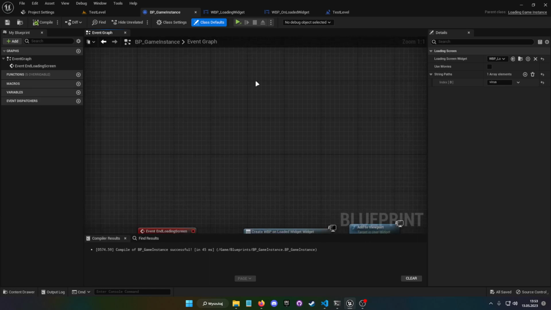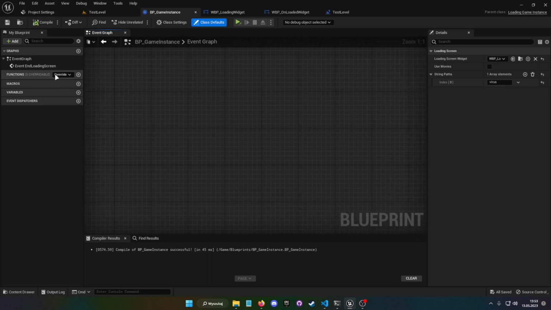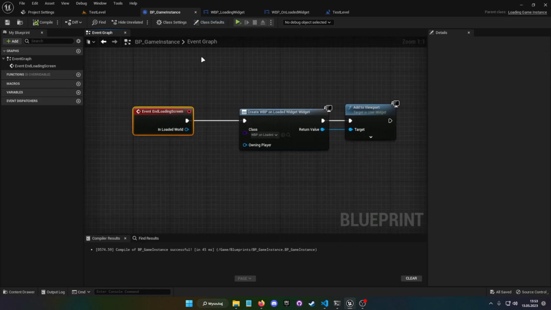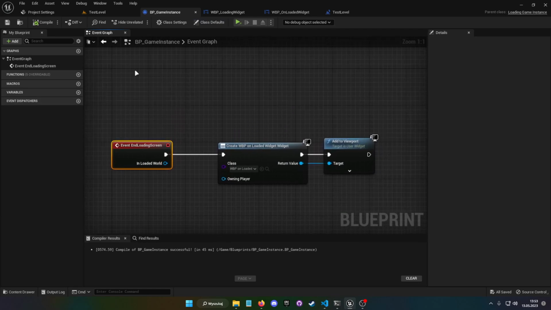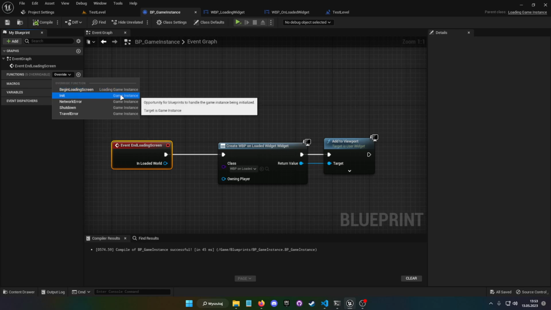So that's that. And now in functions, you can see we can override begin loading screen and end loading screen. So what happens when the screen stops loading? I don't really use on begin, but I guess you can set some attributes before the loading screen pops in.